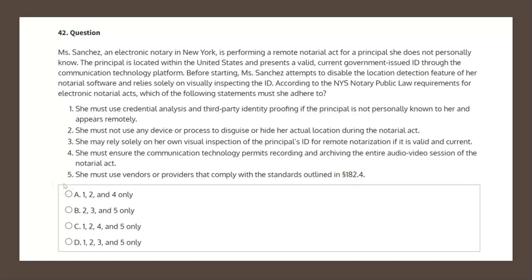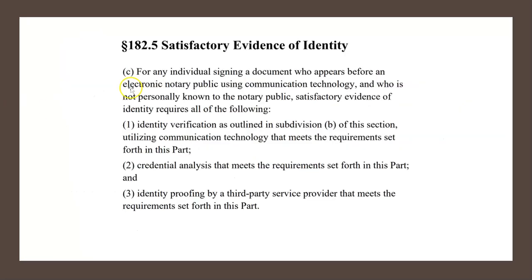Well, let's have a look at each of these statements in isolation as each pertains to the relevant law to help us determine the solution. Statement 1. She must use credential analysis and third-party identity proofing if the principal is not personally known to her and appears remotely. If we have a look at Section 182.5, found in the Notary Public License Law booklet, entitled Satisfactory Evidence of Identity, it states under subsection C, for any individual signing a document who appears before an electronic notary public using communication technology and who is not personally known to the notary public, satisfactory evidence of identity requires